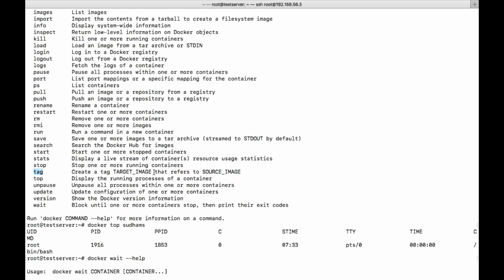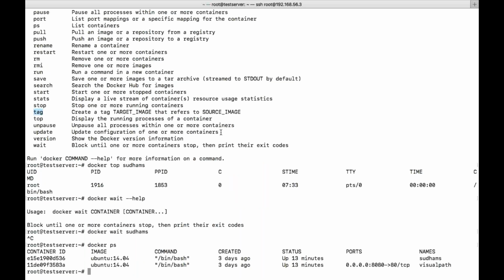Tag in the sense, let us say you want to create a target image from the source image. It's like clone. Do you know what is the meaning of clone, right? So using one particular machine, you will try to clone it, in the sense using that particular VM only, we will try to create another VM, a same copy of that particular VM, but both should be present. If you delete the main VM, it doesn't affect your existing VM. So that is the interlink which is present in the Docker. Similarly, if you want to create a copy of the image from the source image, we need to use tag. So let us see that.